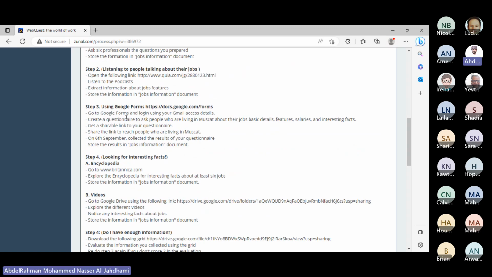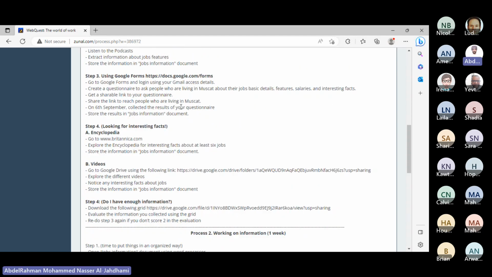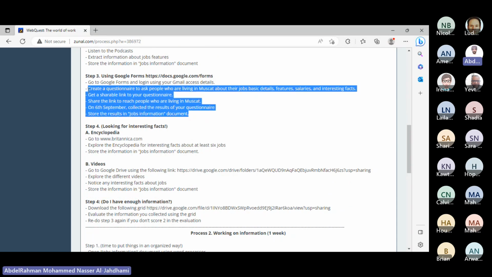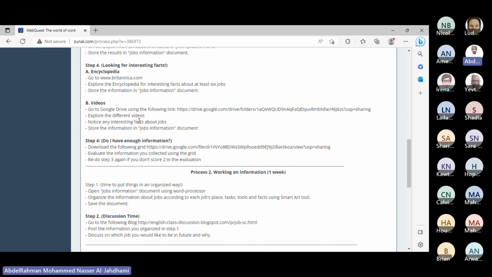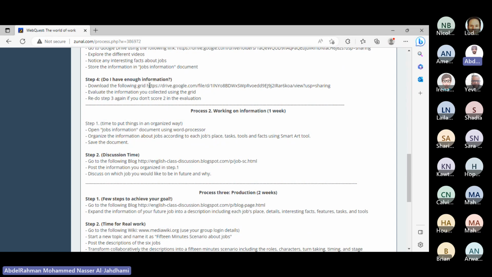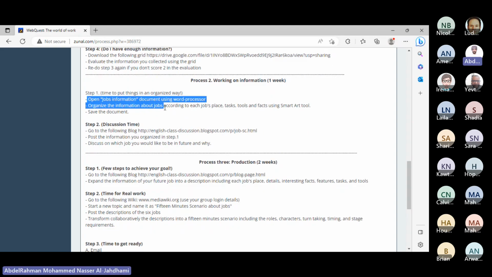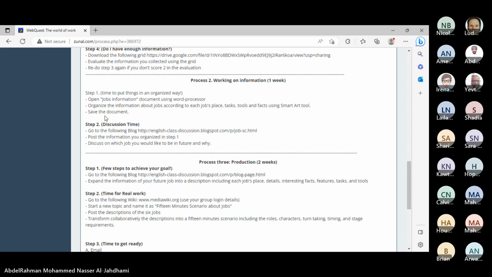Using Google Forms documents, get to the Google Forms document using your email address. Create a questionnaire to ask people who are living in Muscat about their jobs, basic details, features, salaries, interesting facts, and so on and so forth. Here are the dates. So this is like a detailed plan of how they achieve the instructions. With everything there is a grid, there are guidelines. Working with information is only for 1 week. This is what they should do. Word processing or